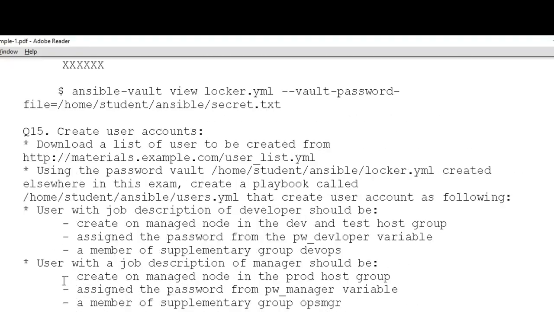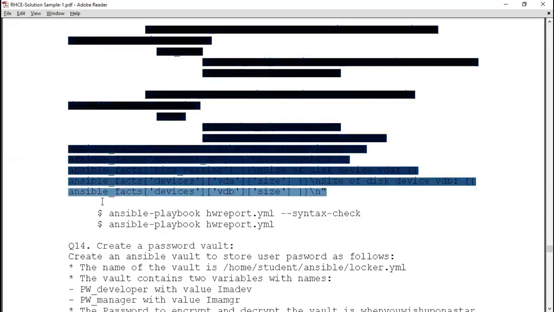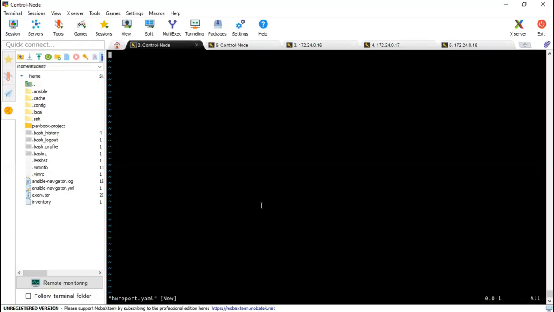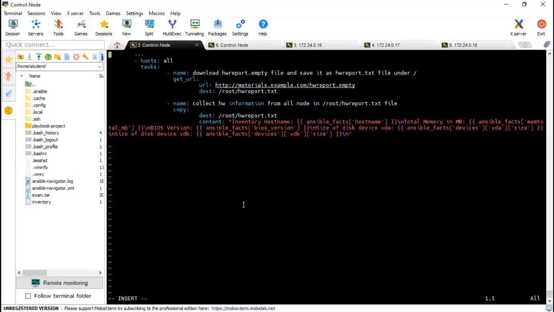So let me copy this content, I will tell you what it is actually, and paste it in our YML file. It should be on all managed hosts. So I have managed hosts server A, sorry, not server A, server B, server A, server B, and server C.